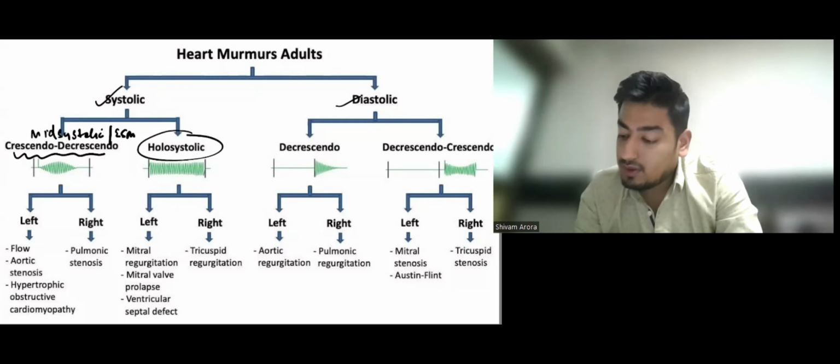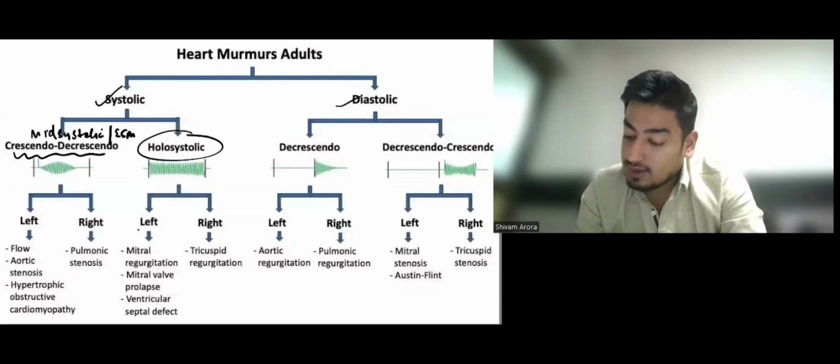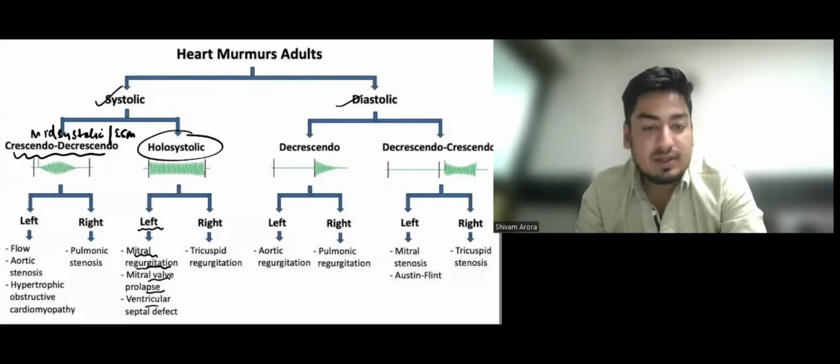Okay, now holosystolic murmur, if heard on the left side of the heart, can be because of mitral regurgitation, mitral valve prolapse, and VSD. If it is heard on the right side, then it is because of tricuspid regurgitation. Okay, then